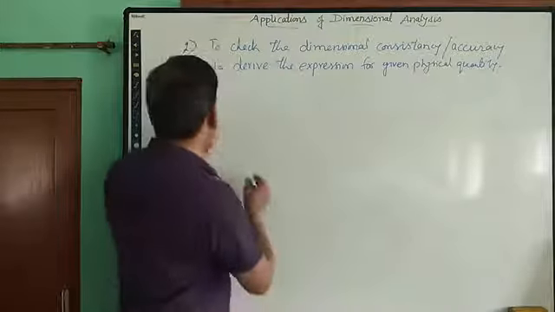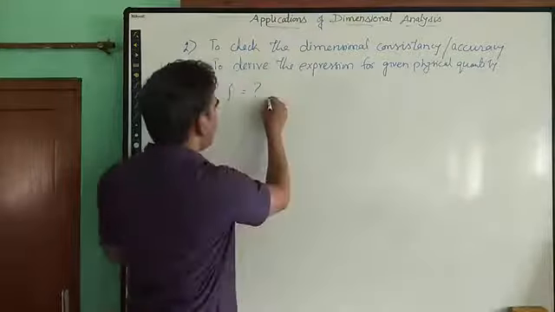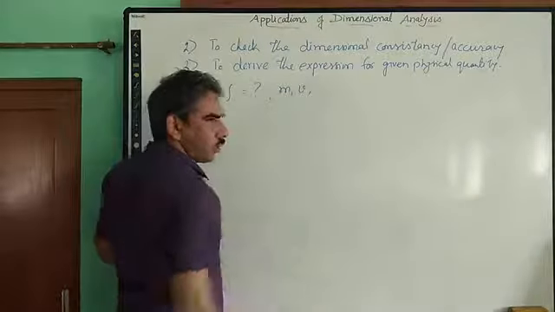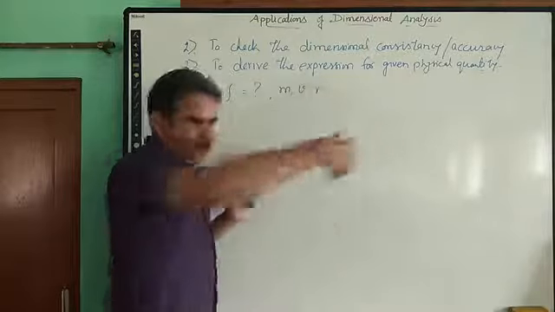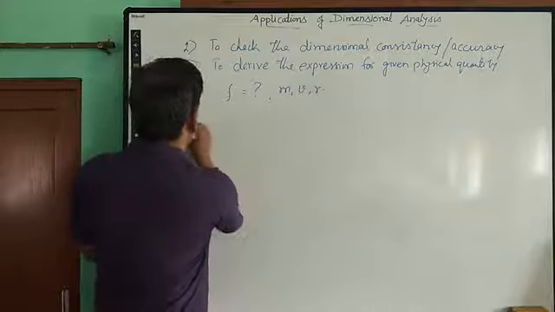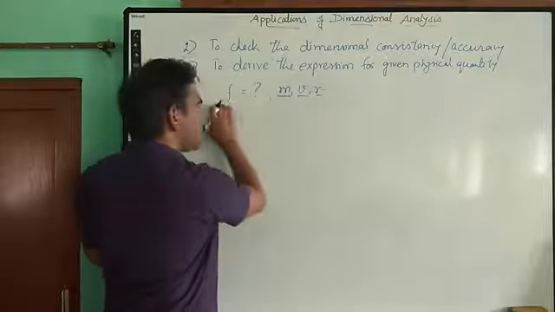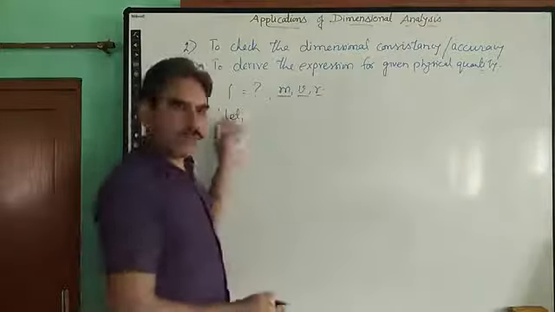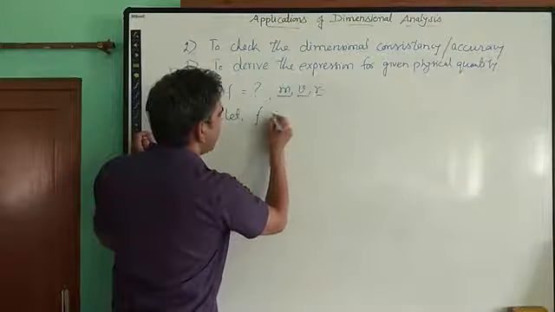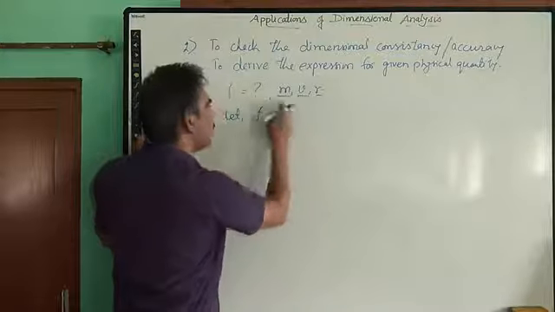So here we have to derive the expression for F, which depends upon the mass of the object having uniform circular motion, its linear velocity, and the radius of the circular track over which it is moving. Let us begin. We take that all these terms are included in the expression for the centripetal force. So we take that F is proportional to, with some constant, m raised to the power a.